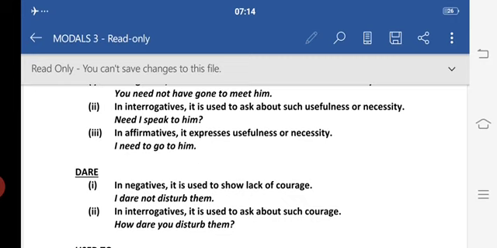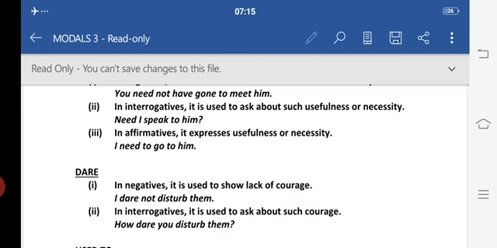The moment I say you need not worry about her, here I have used two verbs. One is worry and second is need not. So here need not acts as a modal, right? Now need is used in perfect tenses to show that it would have been correct if the work was not done, or not done in the manner in which it was done. It means something was done unnecessarily, which is not required.